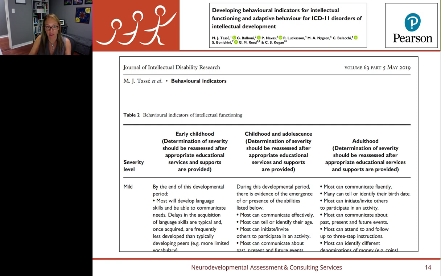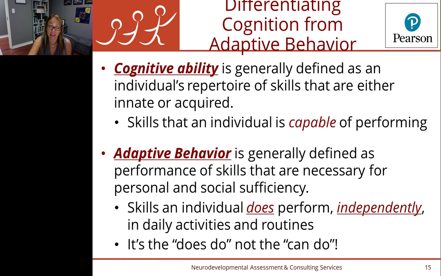Throughout the article, if you look at it, he does the lifespan. So you see early childhood, going into adolescence, and then going into adulthood. You have your severity levels of mild, moderate, severe, and profound, and then by adaptive area, by practical skills, by conceptual skills, and socialization skills. So it's just a wonderful metric to use to identify those benchmarks, and they could change throughout development.